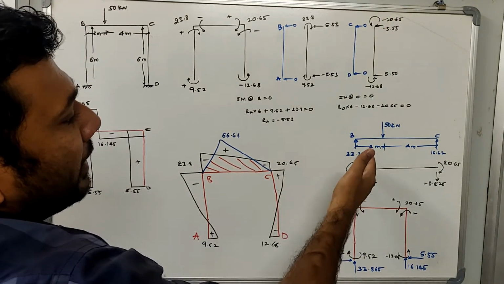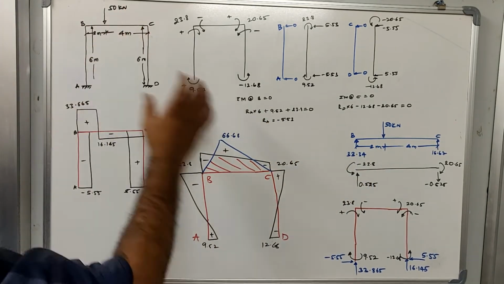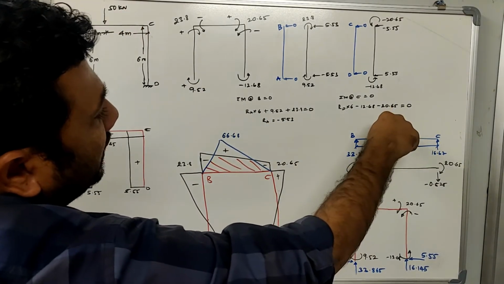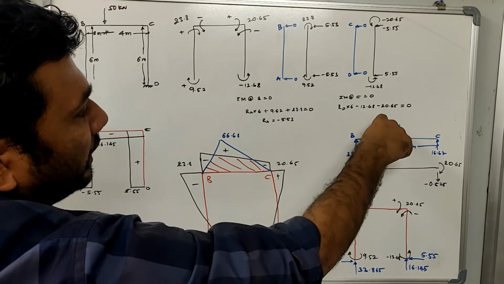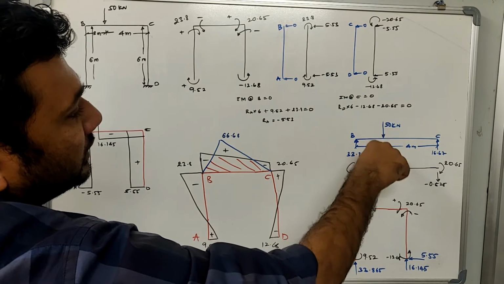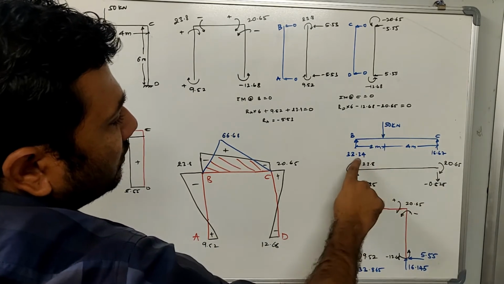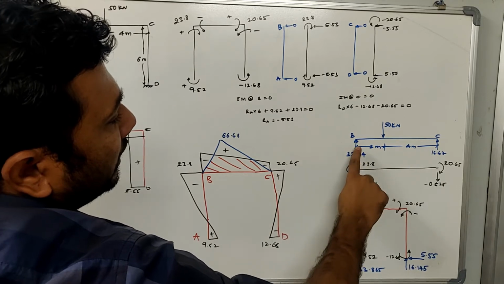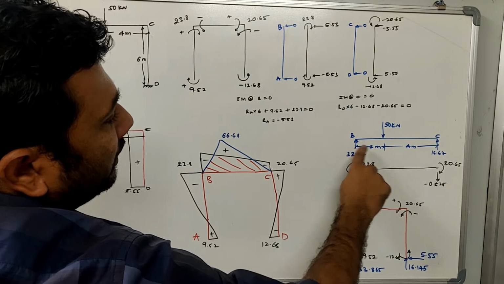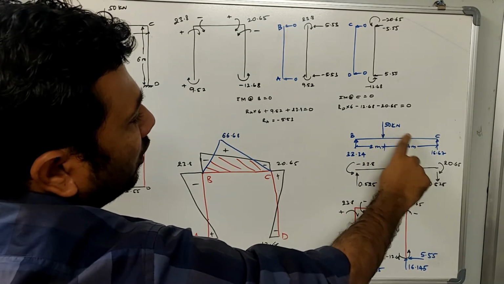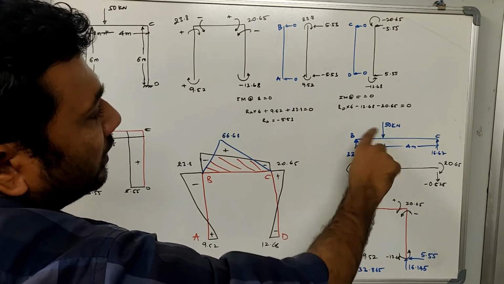Now the next member that I have to take is member BC. Member BC is subjected to a point load of 50 kN at 2 meter distance from B, and I will calculate the reaction that is developed only because of the external load. So 50 into 4 divided by 6 will give you the reaction at B. Then 50 minus 33.34, which is 50 minus RB, will give you RC. So it is 16.67. So I have calculated the reactions that are coming from the external loads.